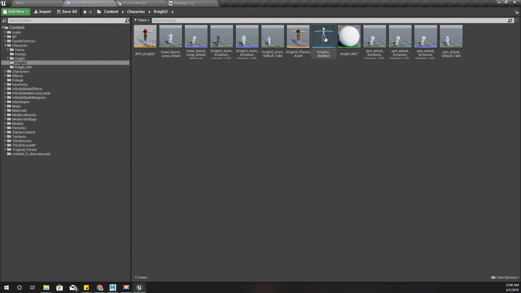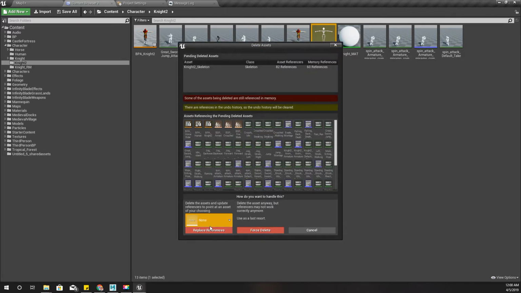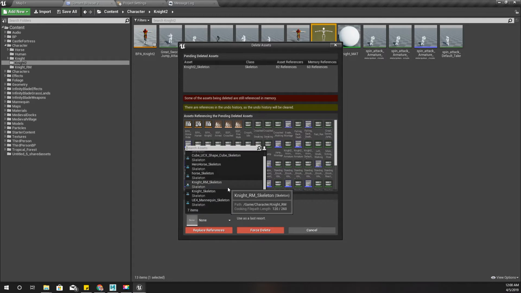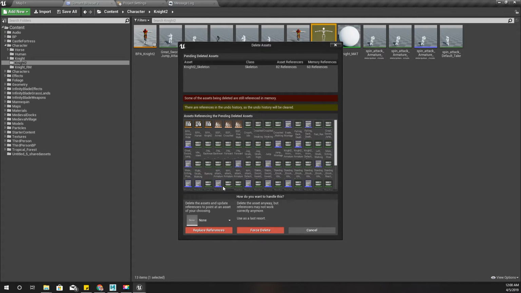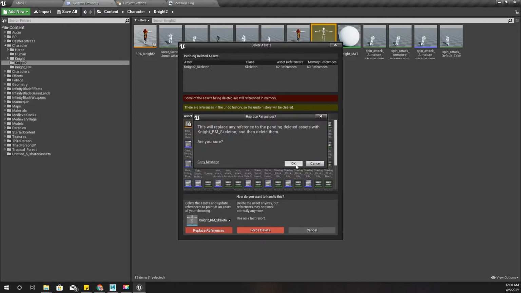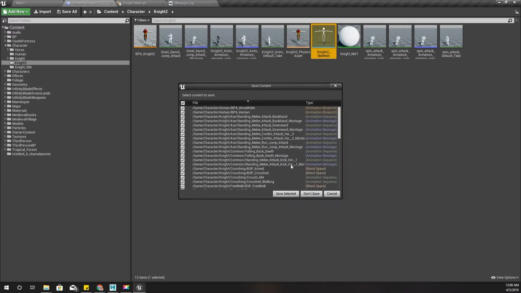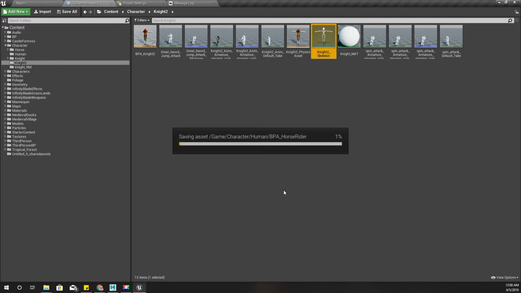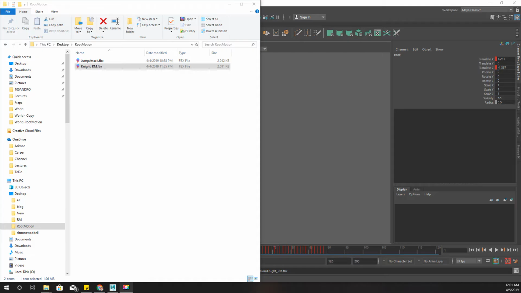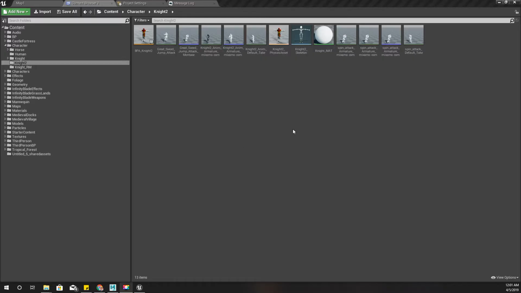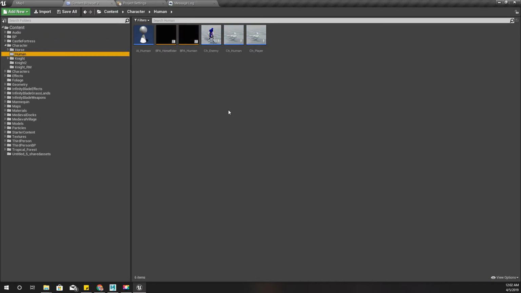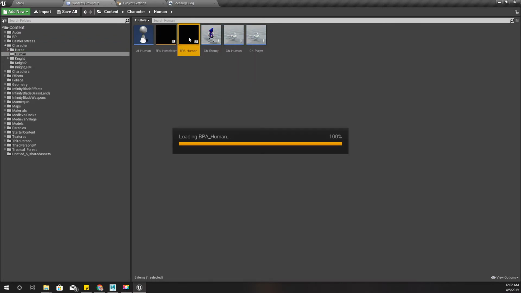And let's replace this skeleton also with the Knight RM. Yeah, right. That crashed the engine. Alright, I reopened the engine. So now let's check what happened to this PPA human. When I try to open it,